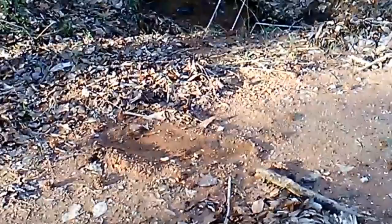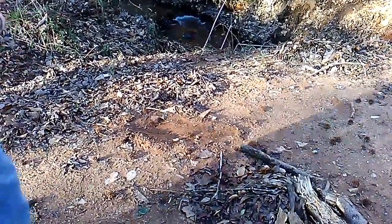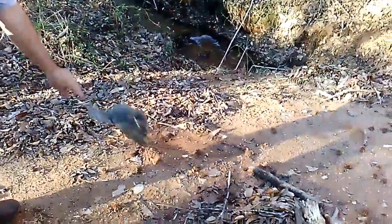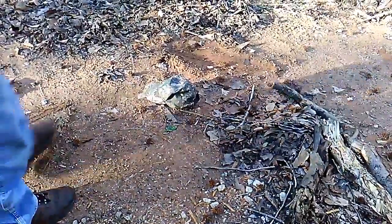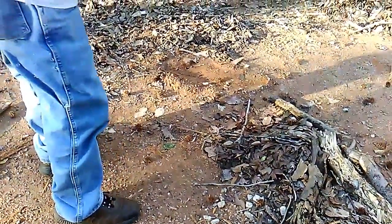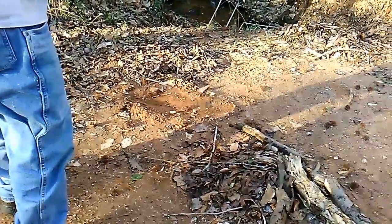And as you can see, what you need to do whenever you do find a print is I put my foot there beside it to start with to kind of give you a gauge on the size. But I did put my cap down. And if you'll do that whenever you make a picture, a cap or a soft drink can, anything that you have that could give us an estimate on the size, then that always helps out. But this is the footprint that we found